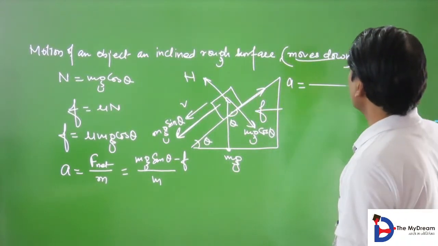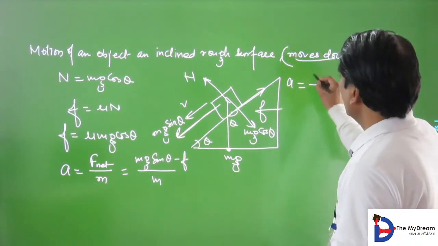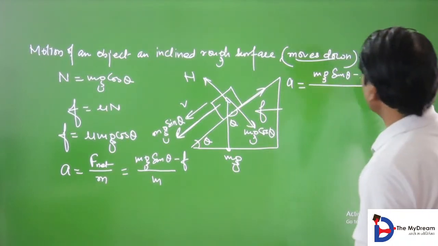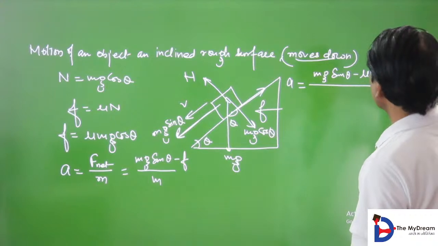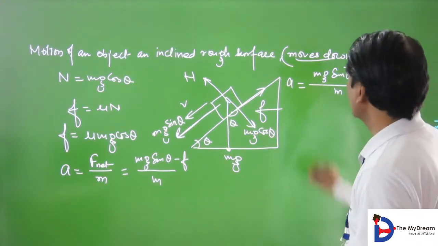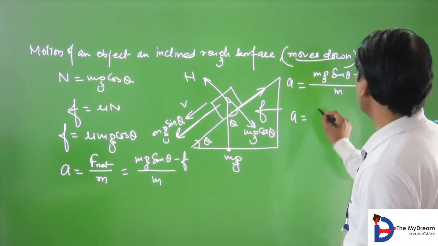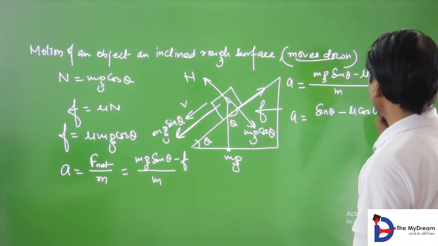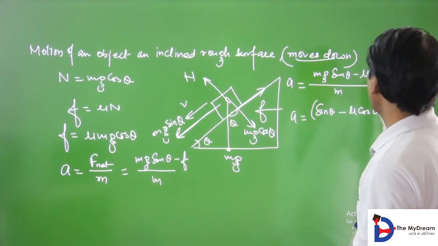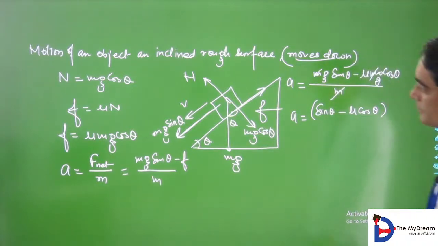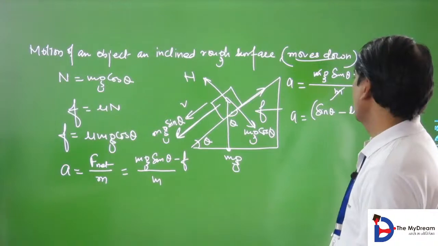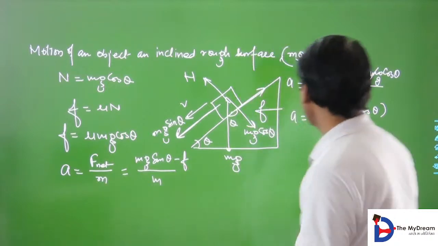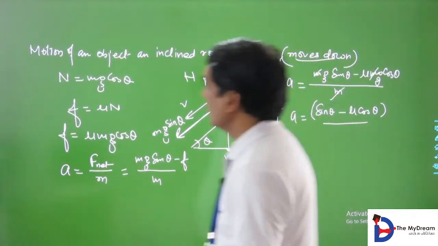So mg sin theta minus mu mg cos theta divided by m. So a is equal to हो गया g sin theta minus mu g cos theta. समझ में आया। और फोर्स निकालेंगे, नेट फोर्स आप यहाँ से लिख सकते हो, निकाल सकते हो।